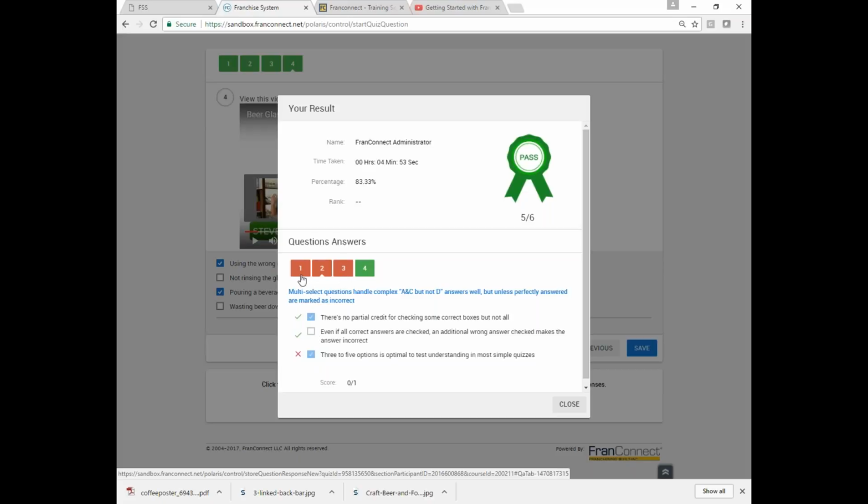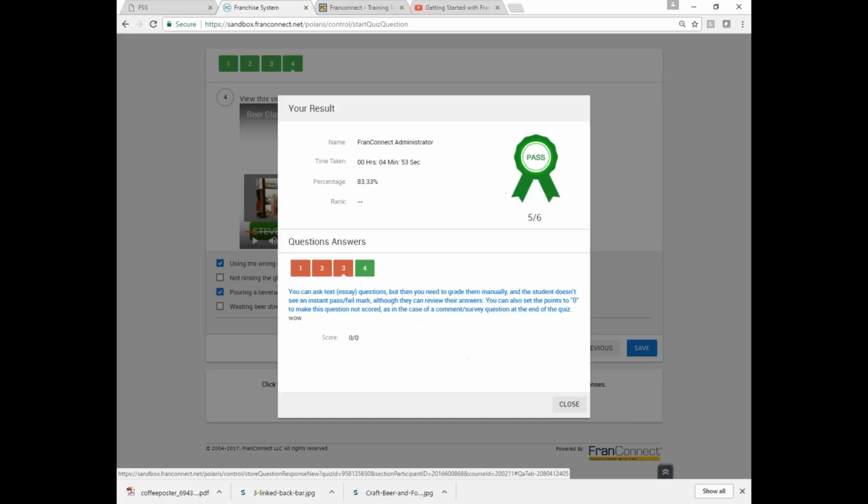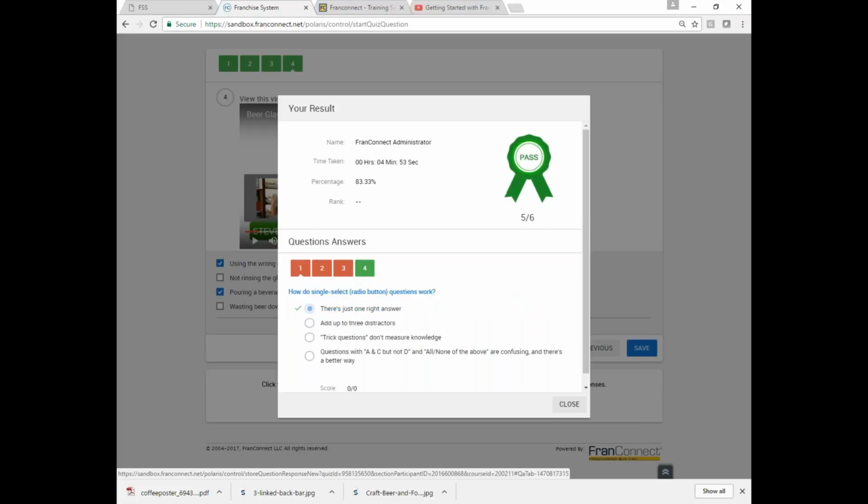For things that are not scored, they're actually marked as red, even though they're not wrong. So for example, this doesn't score at all. So it's marked as red because it's not green, essentially. They answered the question, but it wasn't right, therefore it's wrong. That's also what's going on with number 1. So even though there is a right answer, I didn't assign it a score, so it doesn't get counted against their grade.